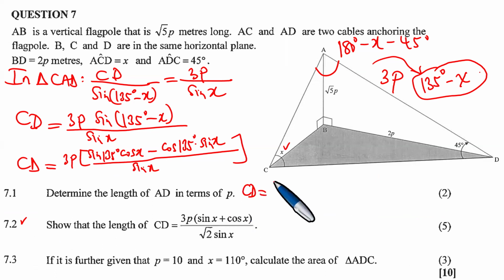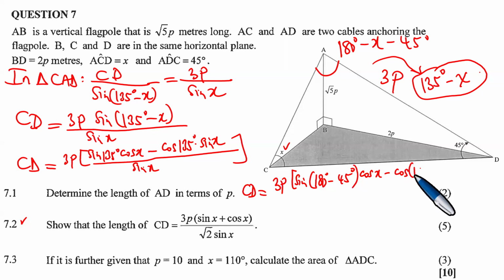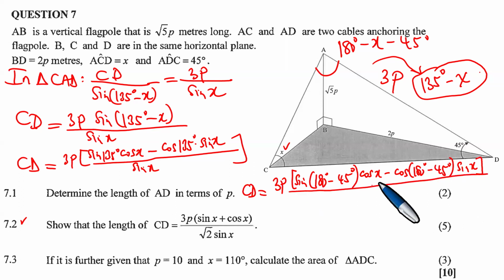CD equals, then we have 3p. 135 degrees is the same as what? 135 degrees is the same as 180 degrees minus 45 degrees. The sine of 180 degrees minus 45 degrees, cosine X, minus the cosine of 180 degrees minus 45 degrees, sine X, all divided by sine X. Meaning CD is equal to